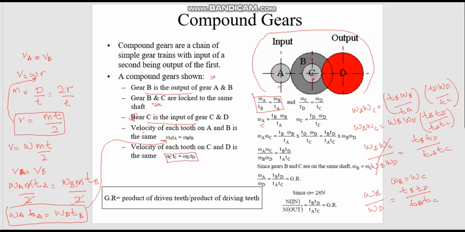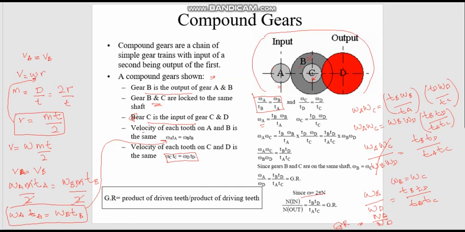So omega A is input, omega D is output, and we can express omega with respect to n, where omega is equal to pi n over 60. So this is basically nA over nD, where A is input and D is output,